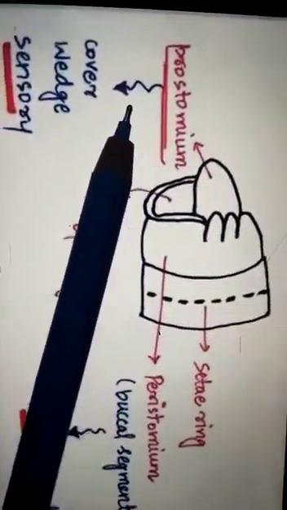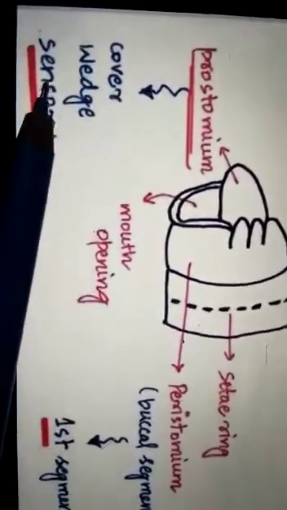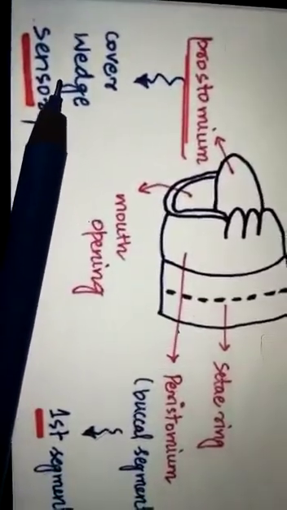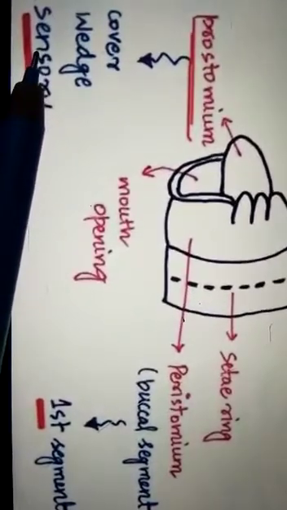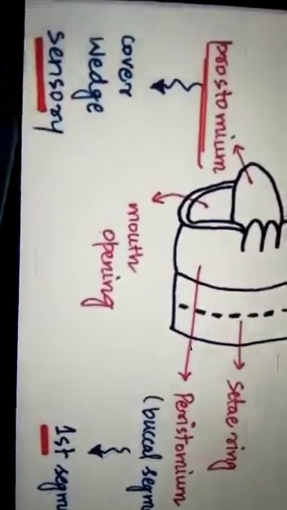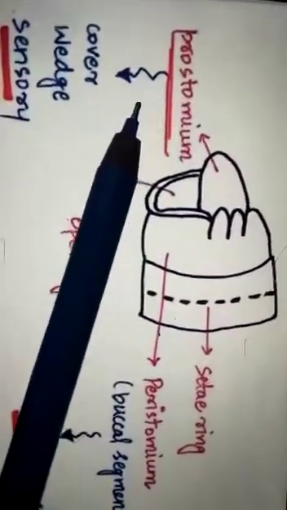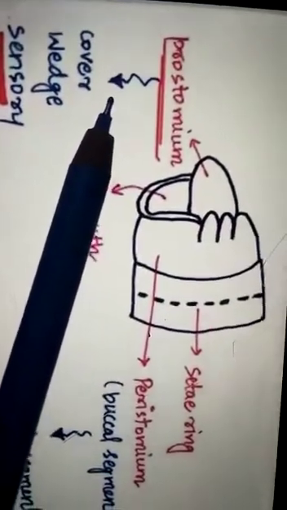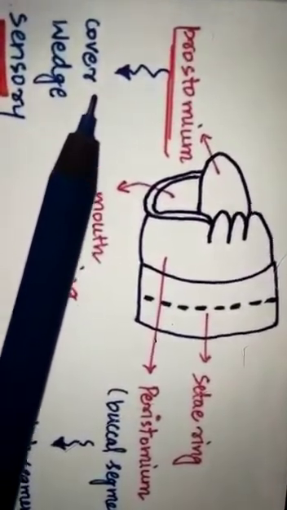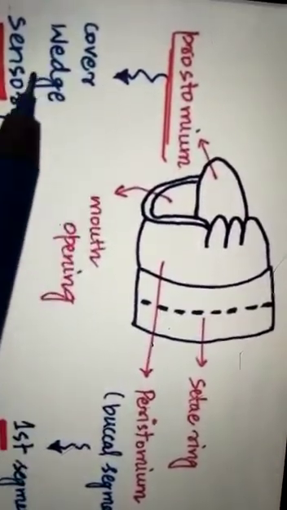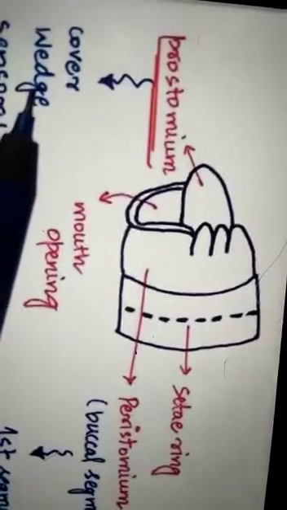that covers the mouth and acts like a wedge which helps in digging and burrowing, because the earthworm burrows in the soil and inside the land. It is also a sensory organ. The prostomium is the anterior most portion of the mouth of the earthworm body.